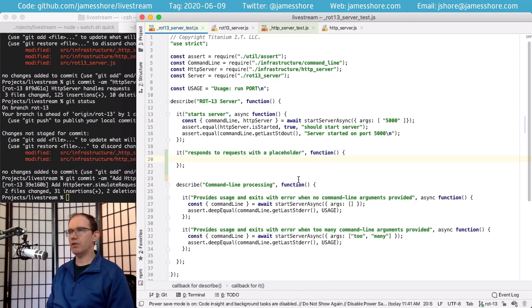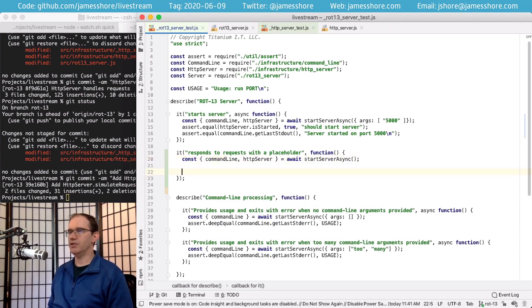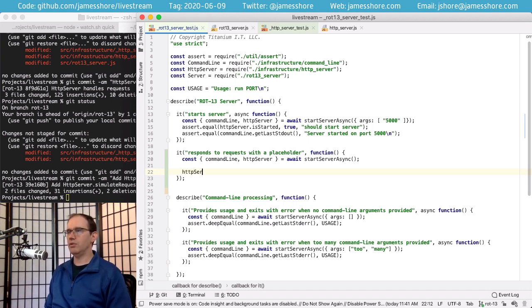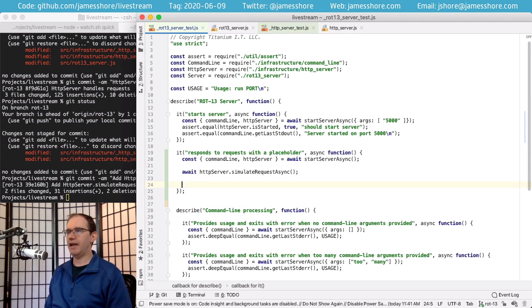Okay, so we're going to respond to our requests with a placeholder. So I'll go ahead and start our server async, and again, this is the equivalent of our before each. But I don't need any special arguments. I don't care what the arguments are, so I won't pass those in. It's programmed to have a default that works. Then we're going to want to simulate request async. So we'll await that. And then at this point, we should expect